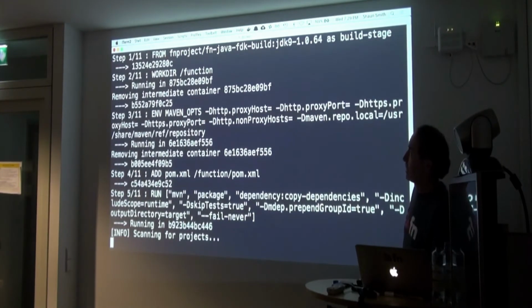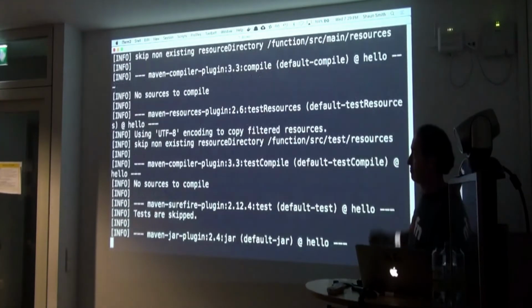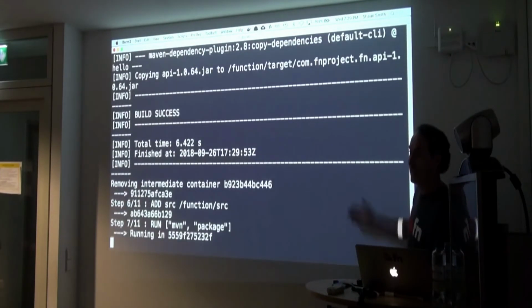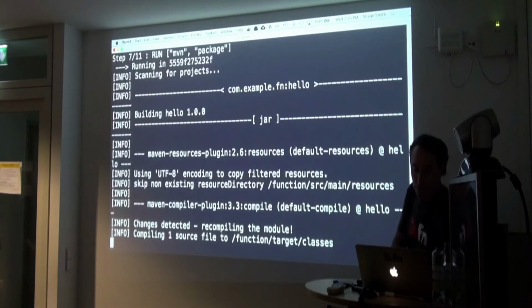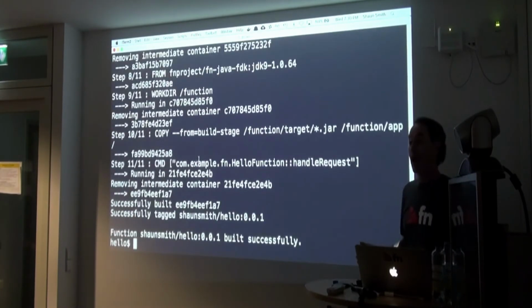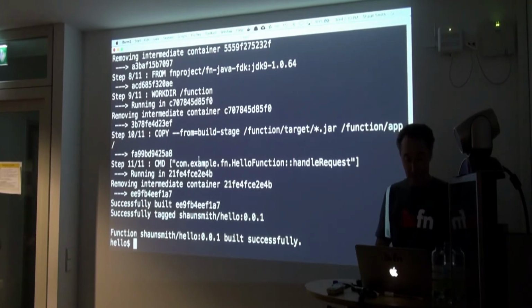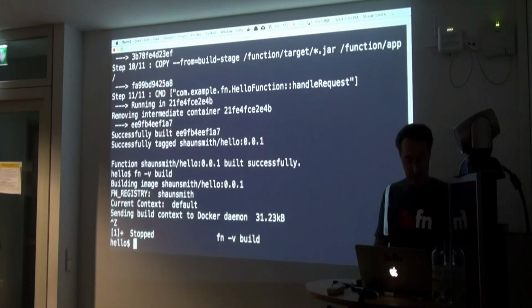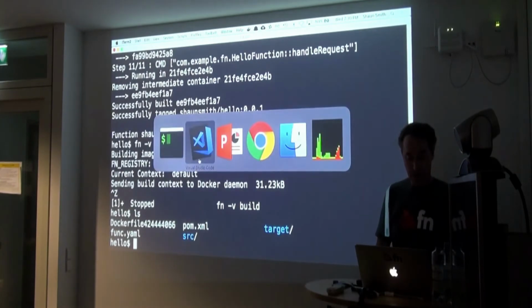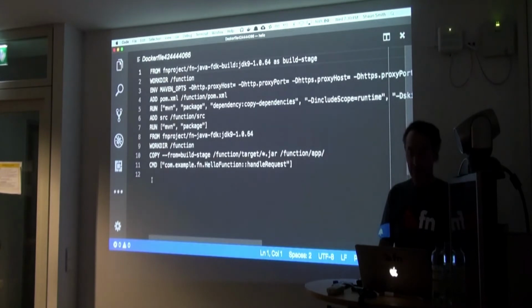I do verbose mode so you can see what's happening. If you're a Docker savvy person, you're seeing a Dockerfile running. Of course, Maven. You're seeing Dockerfile commands go by. Behind the scenes, we're actually generating a Dockerfile on the fly that will build that function into a container. It's pretty deterministic how we do it. If I do it again and Control Z this, you'll see there's a Dockerfile up here in the file system. So we've actually generated this on the fly.